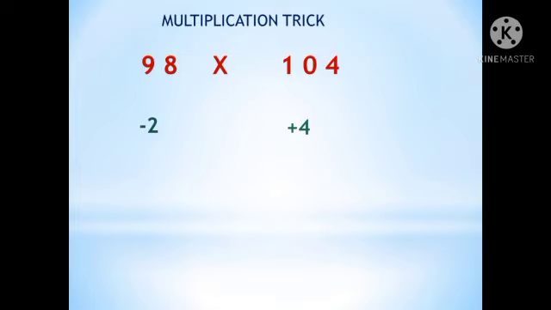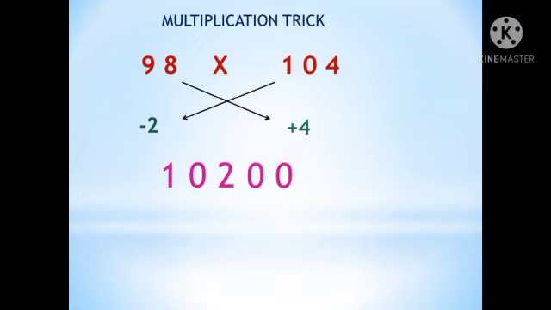Next, we are going to add either 4 with 98 or we are going to subtract 2 from 104. In both the methods, we are going to get the same answer as 102 only. So in the previous two types, we will write the number 102 as it is, but in this type, we are going to add 2 zeros after 102. So this is the first change in this type. I am repeating once again. After adding 4 with 98, we will get 102. Next, we are supposed to add 2 zeros after 102.